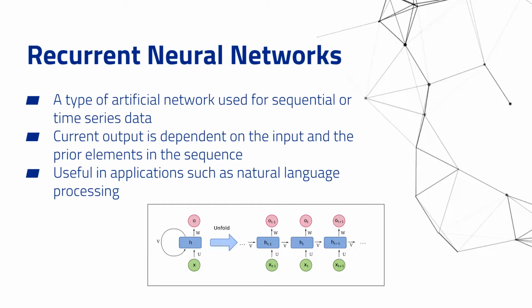Its output is dependent on the input and also the prior elements in the sequence. So it's different from a convolutional neural network in that you can picture it as a for loop. It cycles through each loop, taking some input and giving some output, and each loop's output becomes a function of the input of the next loop. So you can see this looping or iterating fashion where the data or the weights are passed on from one loop to the next.